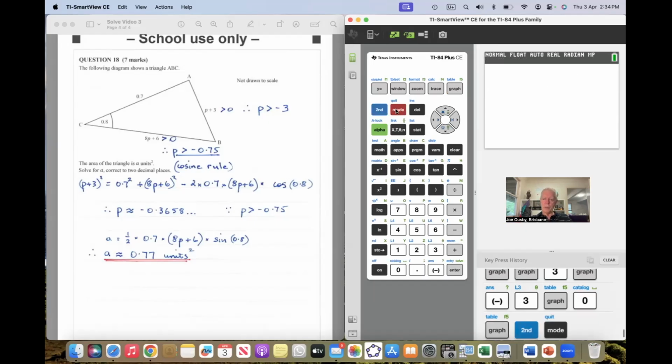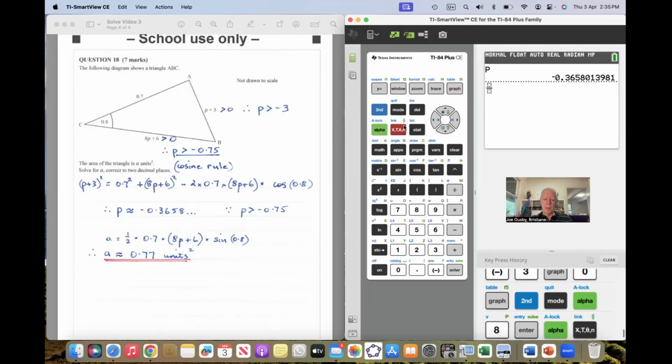If we needed to just reassure ourselves that we had it, alpha P is in fact right there. It's negative 0.3658. Now, all we then had to do was calculate the area, which was certainly going to be a half, which I could do this way. I could also actually just type in 0.5. That's certainly an option as well. A half, and that was multiplied by